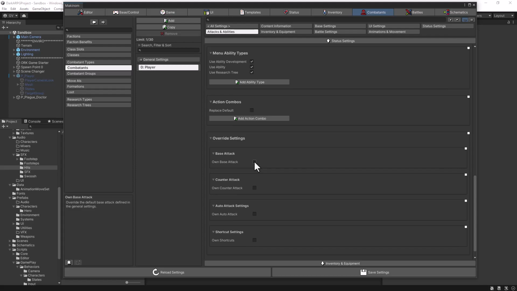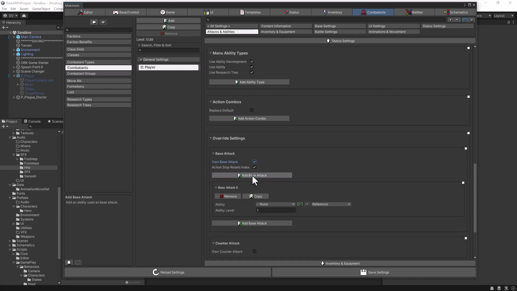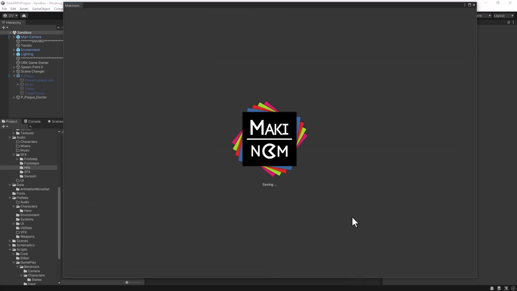So let's click on own base attack. We can keep the action stop reset index, and then add the base attack, and the base attack ability is going to be, in this case, our quick attack. There we go. So save the settings once again,